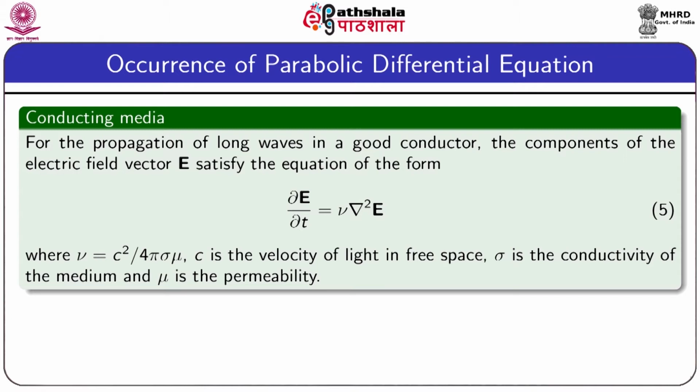So, for this case, electric current, we again get the heat equation or diffusion equation. Therefore, we have seen, taking 4 different examples, that the heat equation or the diffusion equation arises in many physical problems. In the last section, we discussed the occurrence of the heat equation in many physical problems.